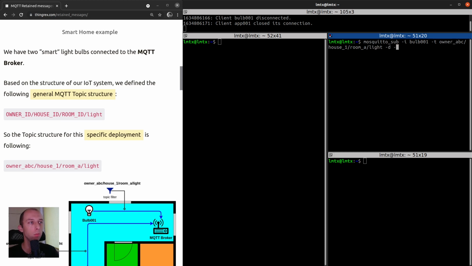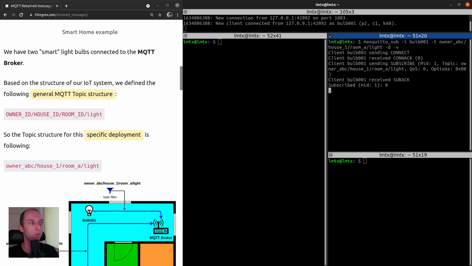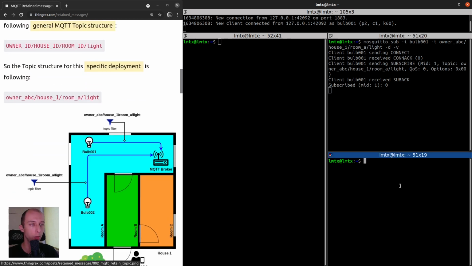I will enable debug messages and verbose messages. As you can see, we connected to this MQTT broker. Now let's do the same for bulb 002.